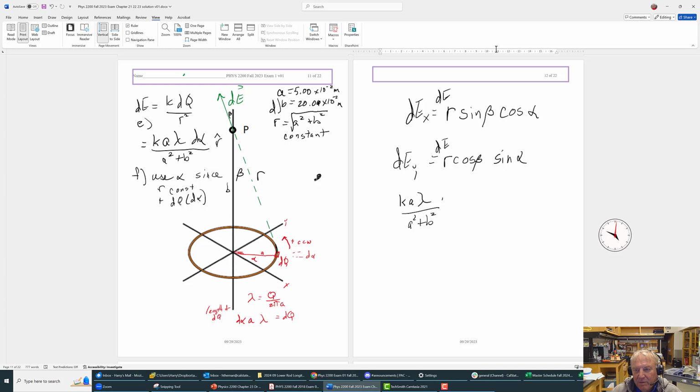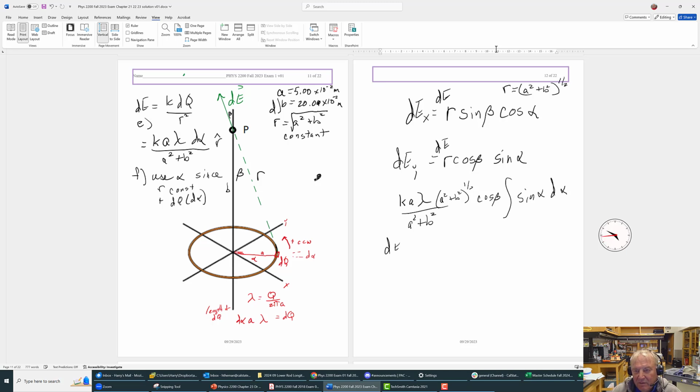So this is going to be a squared plus b squared to the half power. That's this r. So r equals a squared plus b squared to the half power. And then cosine of beta is constant, and then sine alpha d alpha. So this is now the dEy,